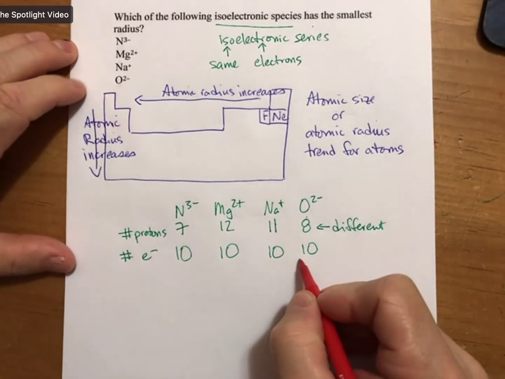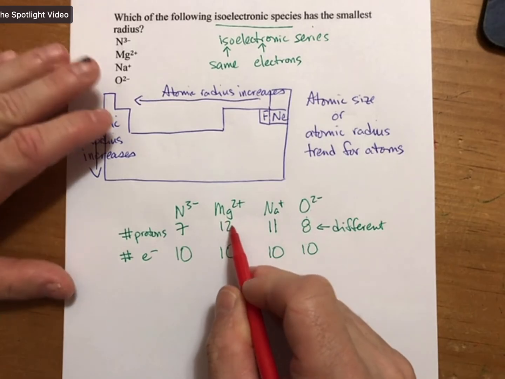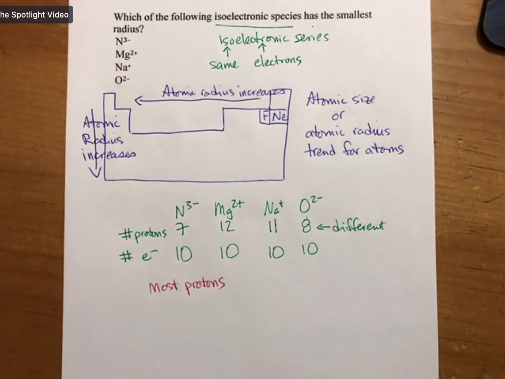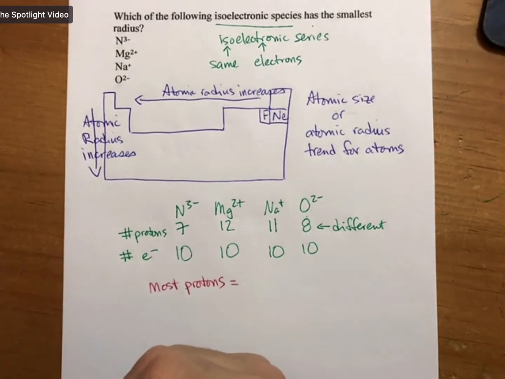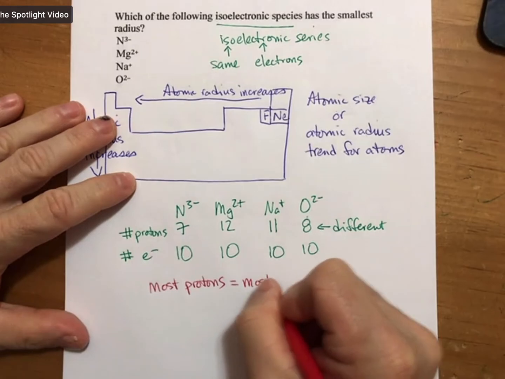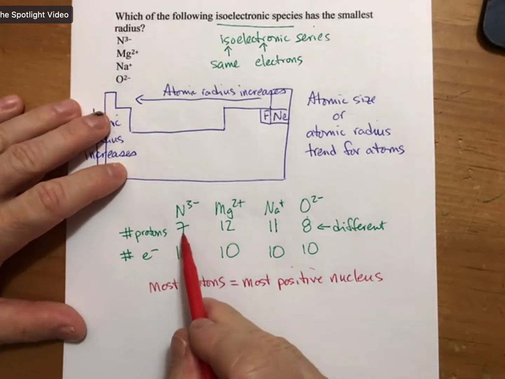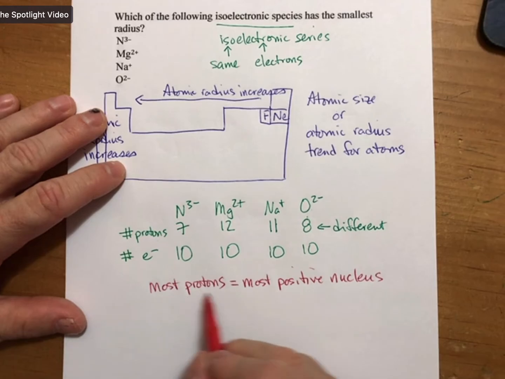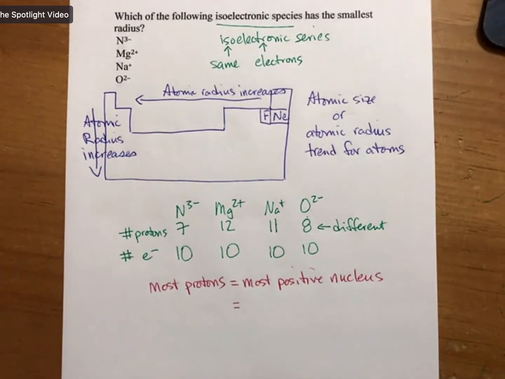Okay, so same electrons and different protons. What you can imagine is the one with the most protons pulls the electrons, because that's positive charge. That's what the nucleus is. Most protons equals most positive nucleus. In fact, magnesium's nucleus is plus 12 because it has 12 protons. So most protons equals most positive nucleus equals most pull of electrons towards the nucleus